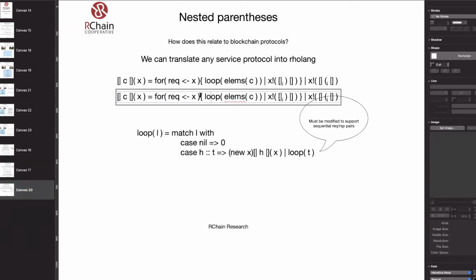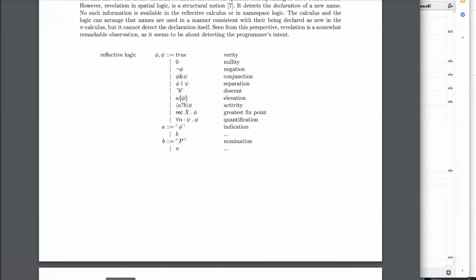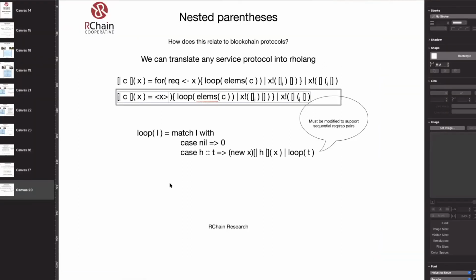It'll look like bracket X, and then you're going to have some kind of spec for the request.